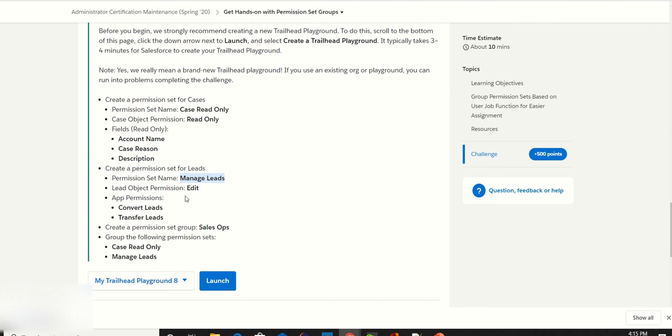Now we need to give app permissions for it: convert leads and transfer leads.